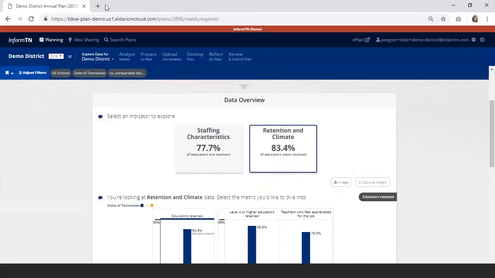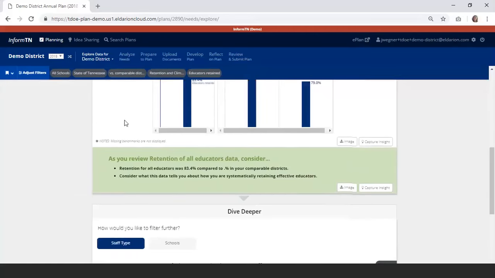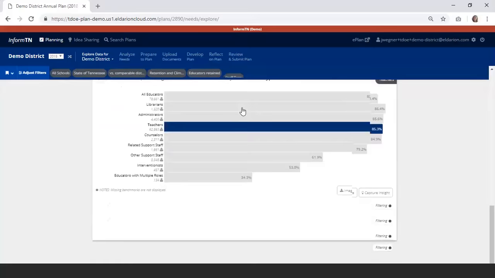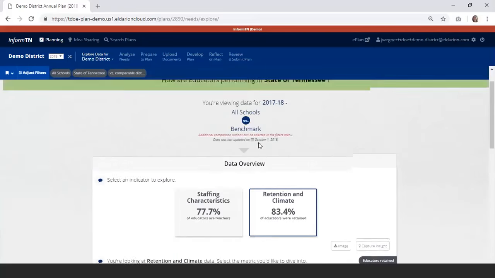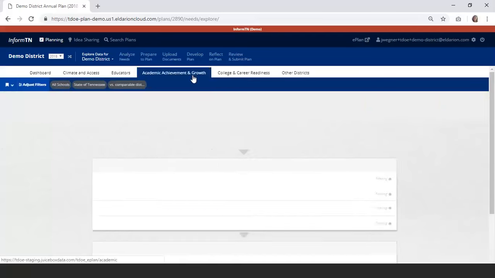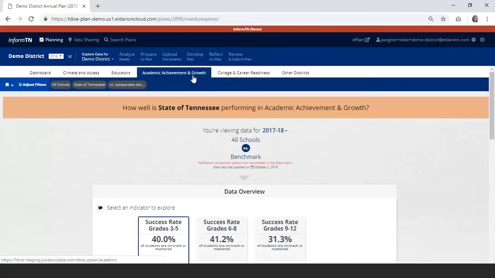And you can see again that this follows a similar pattern. Anytime I click up here, what's below will update. And so now I can look at academic achievement and growth. For academic achievement and growth, at the state level, we'll see success rate by each of the different,